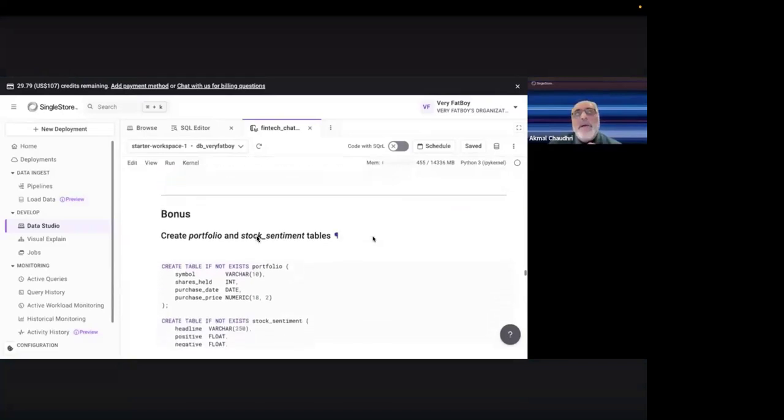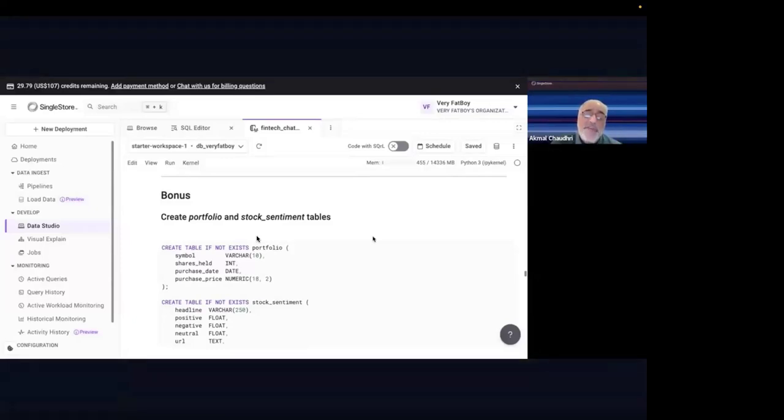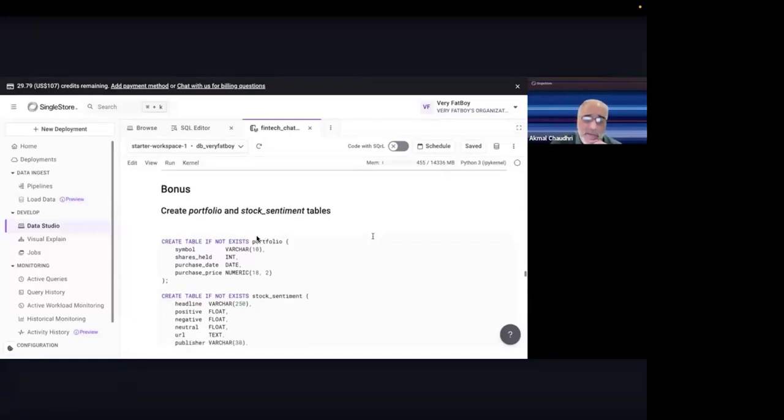So the bonus thing. You might say, well, you've shown me the ability to get some streaming data into the database system, and yes, I can query that. I can do that using SQL if I want to. I can use Python, and do some visualizations if I want to. I could even ask in natural language, which is what you're showing me, and use LangChain to help me with that. That's fine. But what about if I want to extend this?